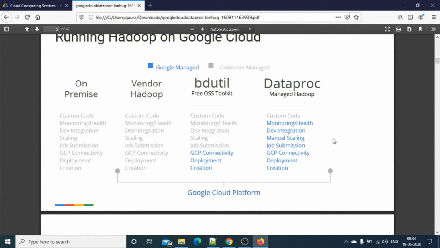You will get everything here: monitoring health, dev integration, manual scaling. You can scale it up, scale it down. Job submission is an option there. GCP connectivity, this option is already there. Like you can connect to a data warehouse